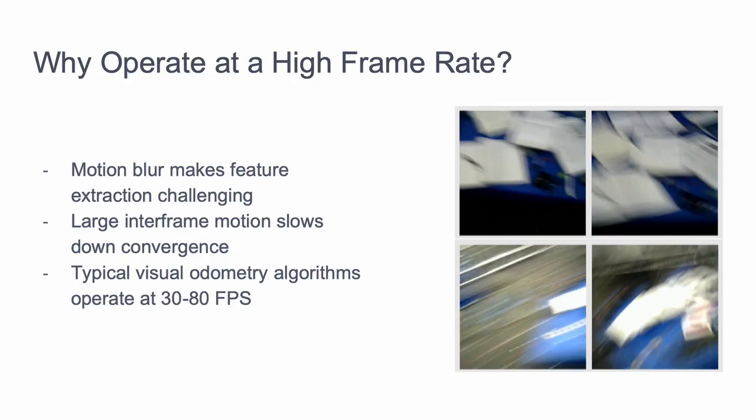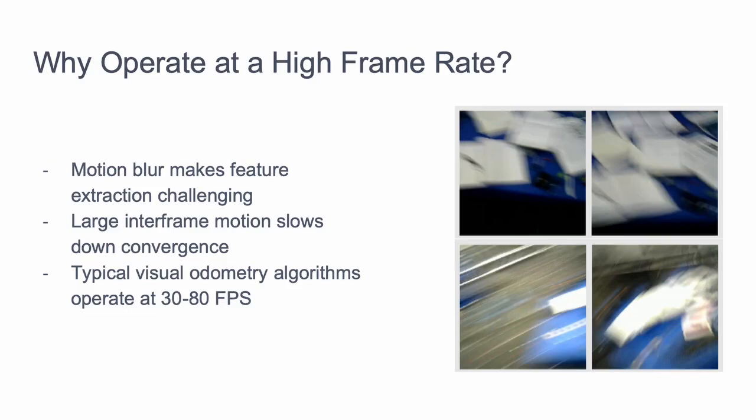Why do we want a fast frame rate? The two main benefits of operating at a high frame rate for visual odometry are the reduction in motion blur and the small frame-to-frame motion. Both of these properties make the pose estimation problem simpler. For example, reduced motion blur makes the feature detection more reliable, and reduced interframe motion allows pose optimization to converge